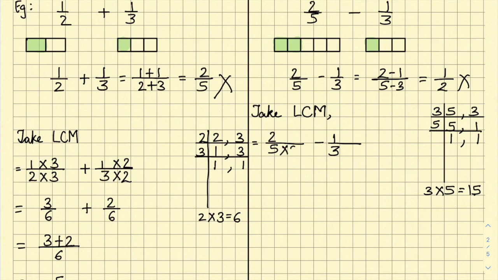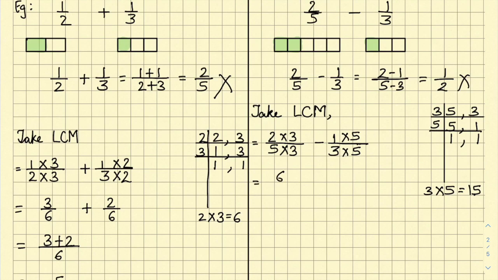So 5 multiplied by 3 gives 15. 2 and 5 are siblings, so if 5 is multiplied by 3, 2 also needs to be multiplied by 3. 3 will be multiplied by 5 to get 15, so 1 also needs to be multiplied by 5 because 1 and 3 are siblings.